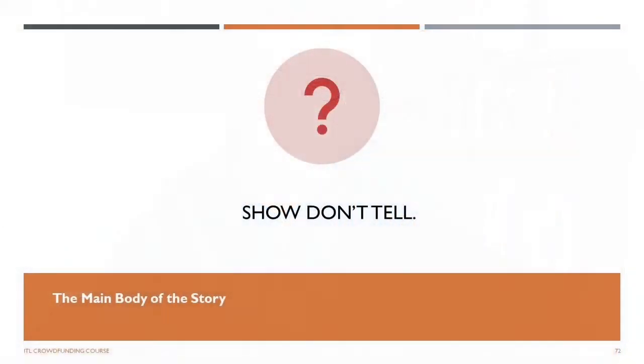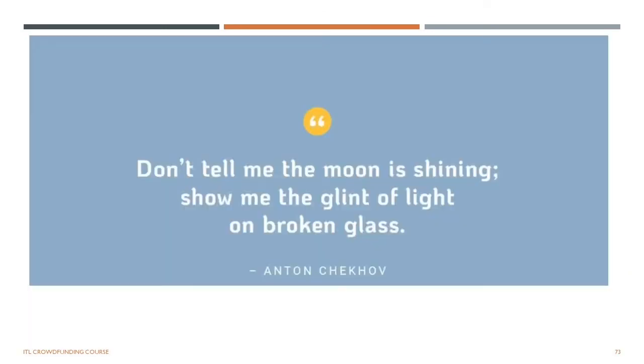Another good story technique is to use show, don't tell. Anton Chekhov said, "Don't tell me the moon is shining, show me the glint of the light on the broken glass." See, he came up with this concept. This storytelling method shows the reader how to feel and doesn't tell them how to feel. It allows the reader of your story to feel the emotions in the story without being told how to feel. It also allows the reader to be provoked into feeling an emotion or a connection to the story without being